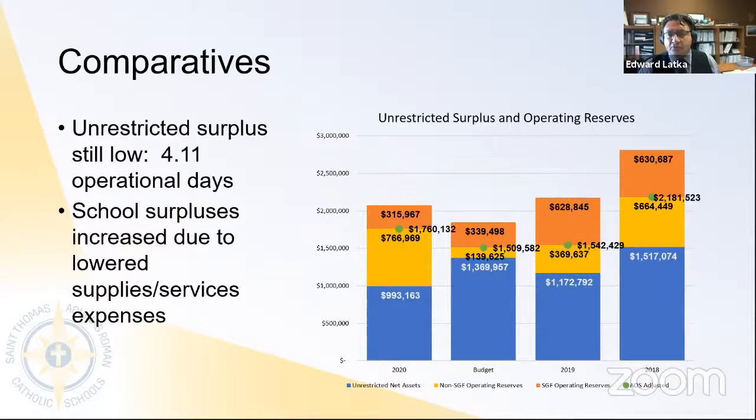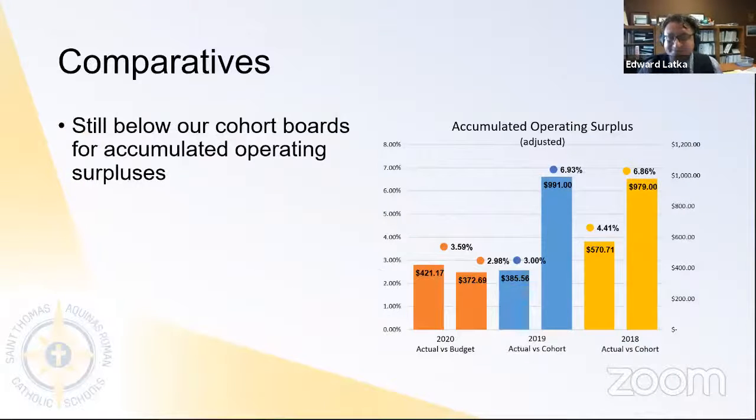So there's been a reduction overall. On this chart, the green dot represents the sum total of what is unrestricted surplus. So the division's savings account plus the schools' budget surpluses. And for 2020, that totaled $1.7 million. The other years, you can see historically where it has landed. That figure is significant because that's the figure that the province points to in terms of resources the board has available to it to address needs and unforeseen circumstances. But that has a context as well.